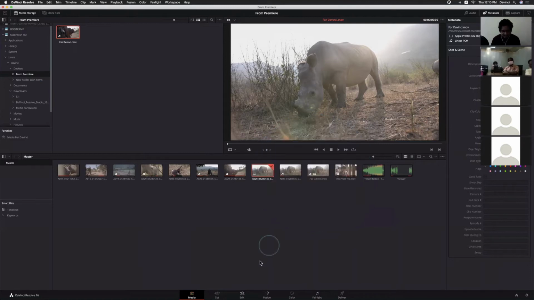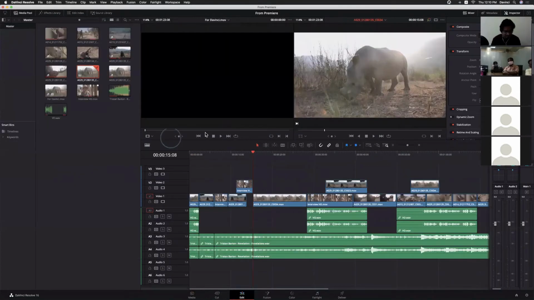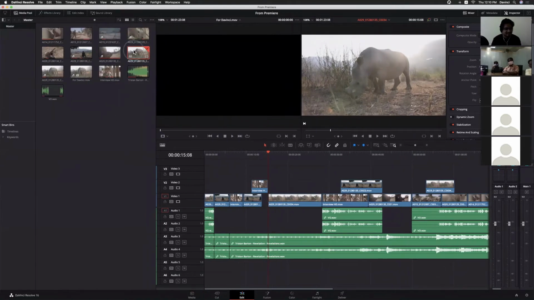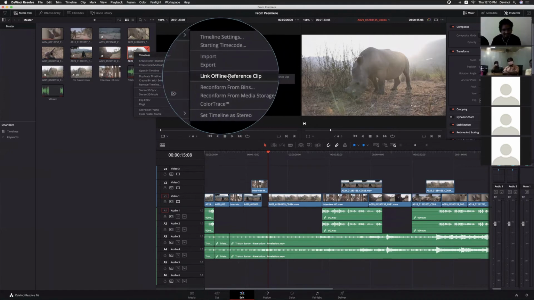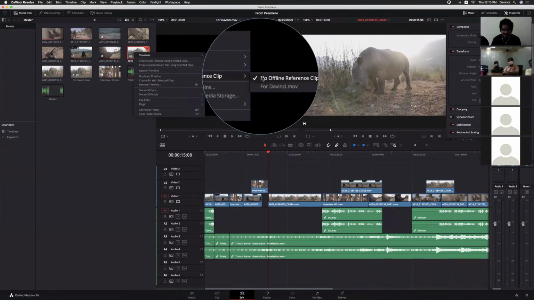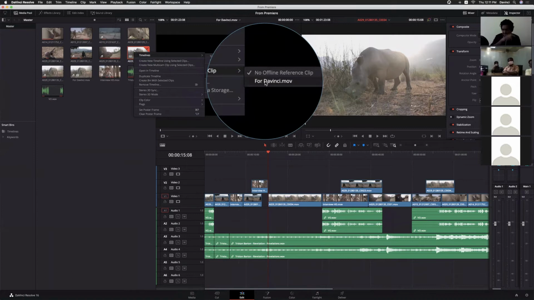Now go to the edit page, and we need to link with the reference clip. This is our timeline, right? Right click, timeline, link offline reference clip. So here we imported this media file, right?